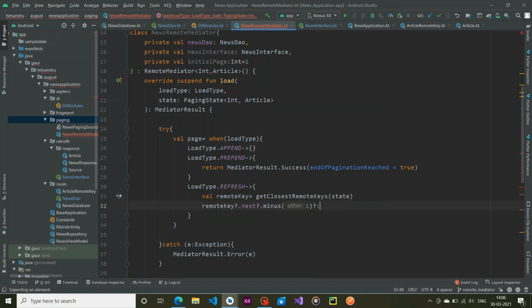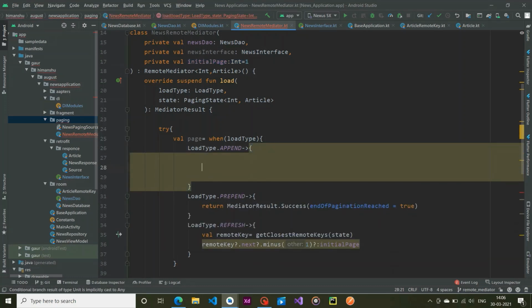If this thing is null, then we return our initial page. The initial page is 1, you can see over here. So this is our refresh part, this is our prepend part, and now for our append.